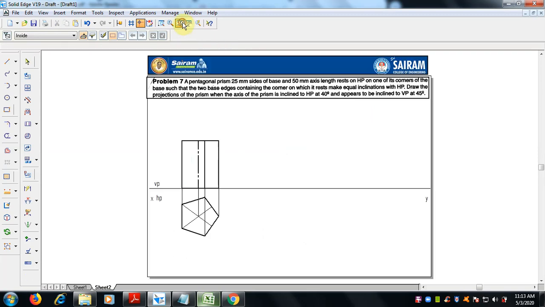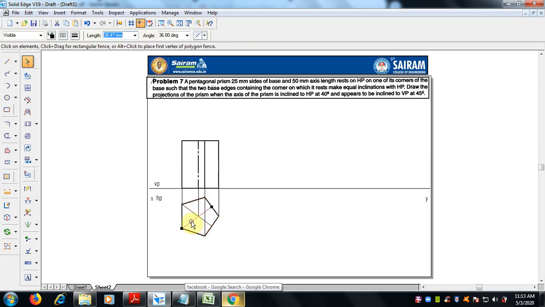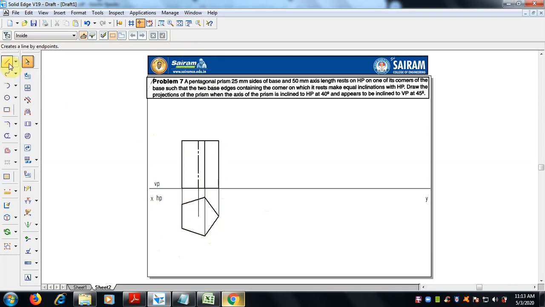So make it fit. This is the top view and this is the front view. These lines are also not required. Since it is a prism, we only need the plane face, the pentagonal face, and the front. That is very important, and we have to mention the names. Better, first we will check whether it is correct or not.